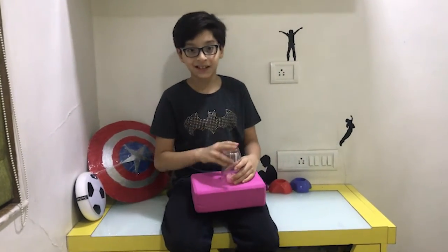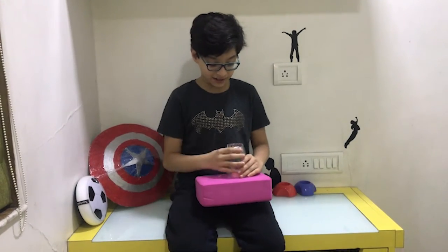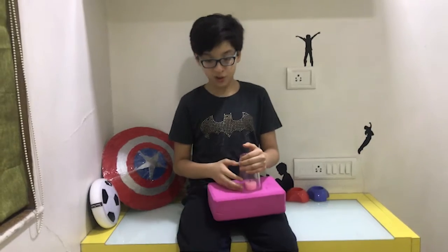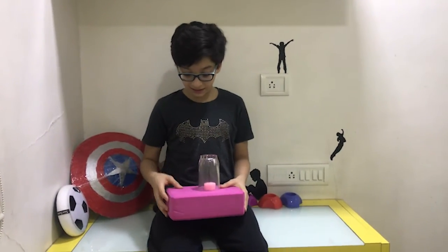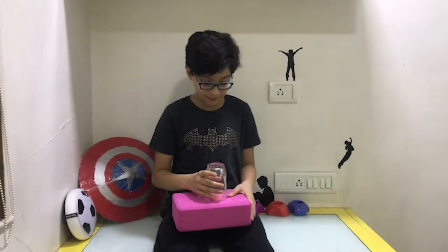Now I'll get comfortable and explain the science behind it. When we light the candle and put the glass over it, the air inside the glass gets heated up and it expands. When the candle blows out, the air inside the glass cools down and shrinks. So that makes the vacuum perfect so that we can lift